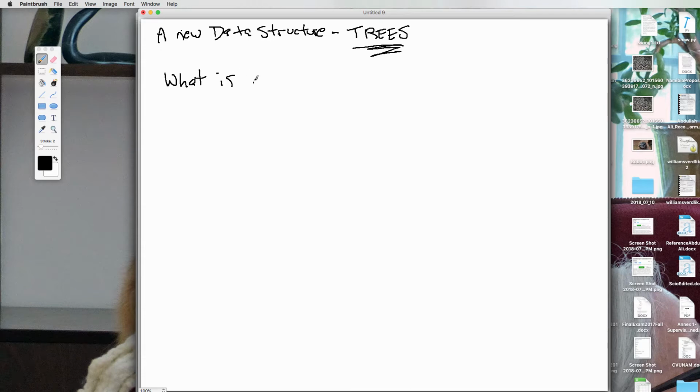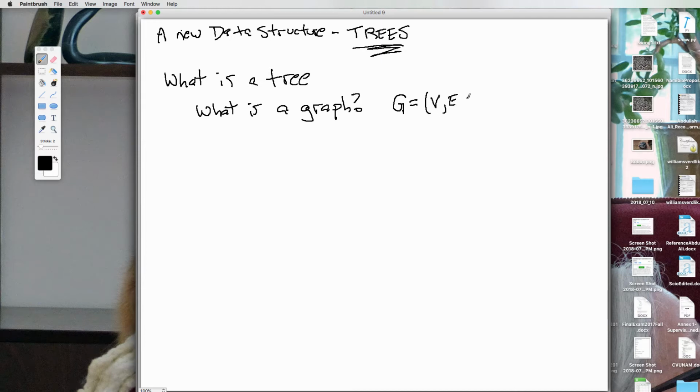What is a tree? And before I answer what is a tree, I have a related question. What is a graph? And perhaps some of you are taking the class in discrete mathematics. I don't remember the number of that class. I think it might be Computer Science 314. But we know that a graph, to be very formal, is a bunch of vertices and a